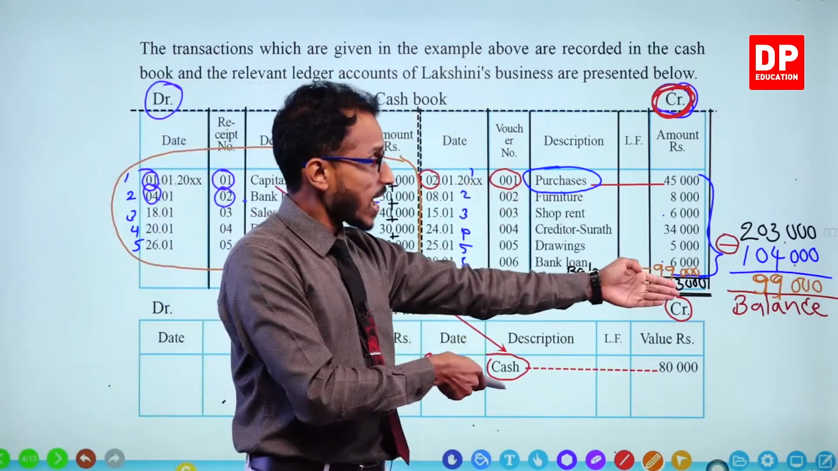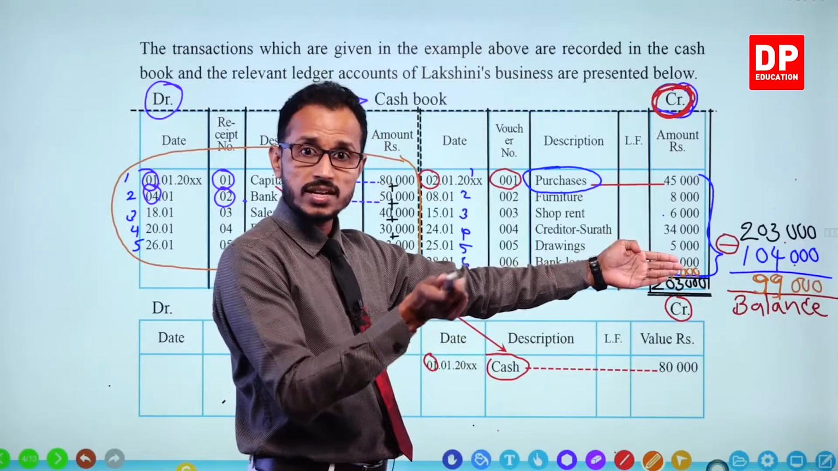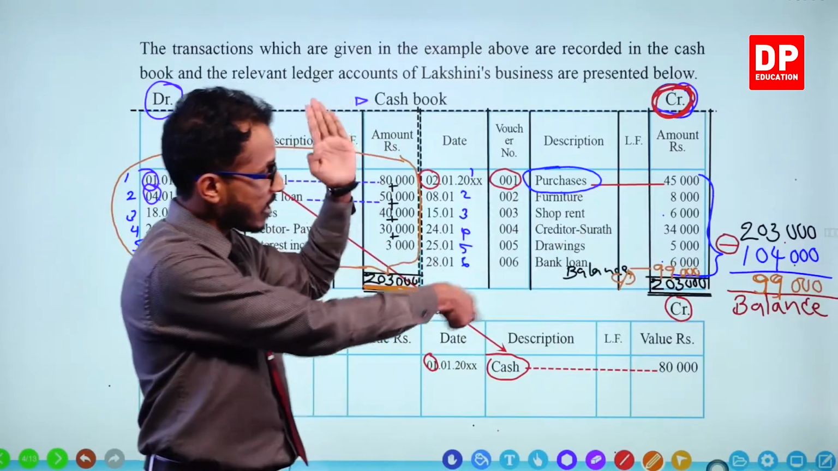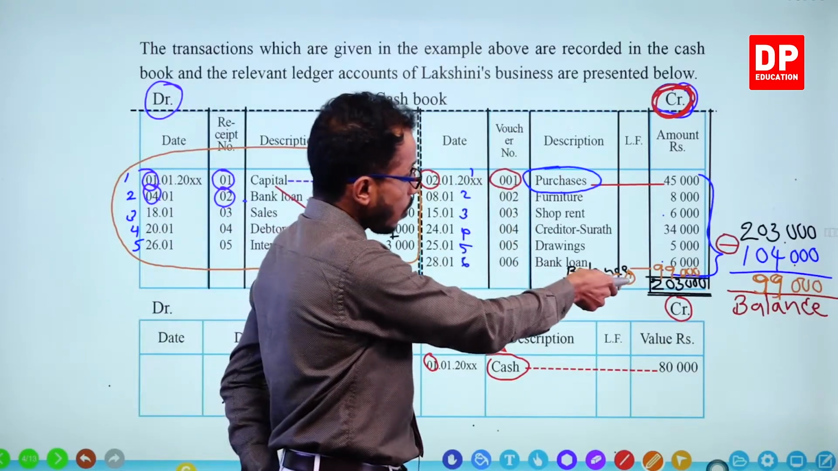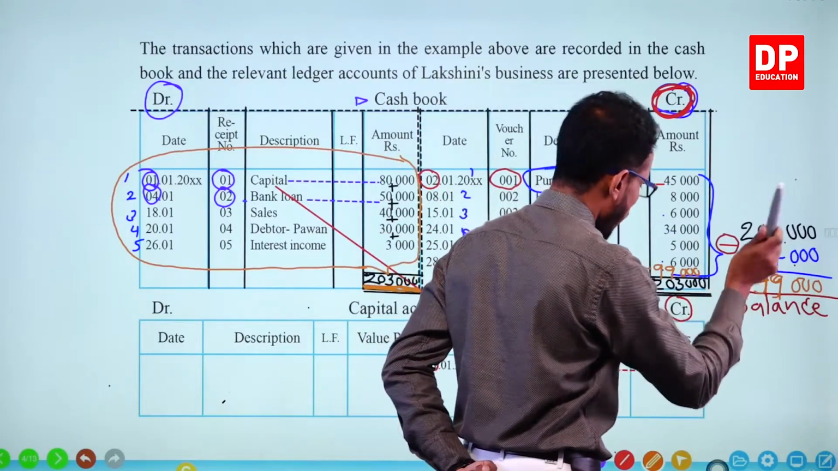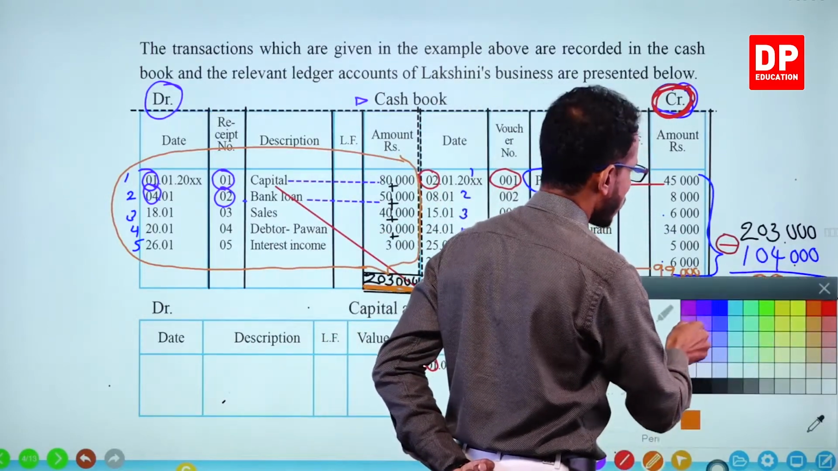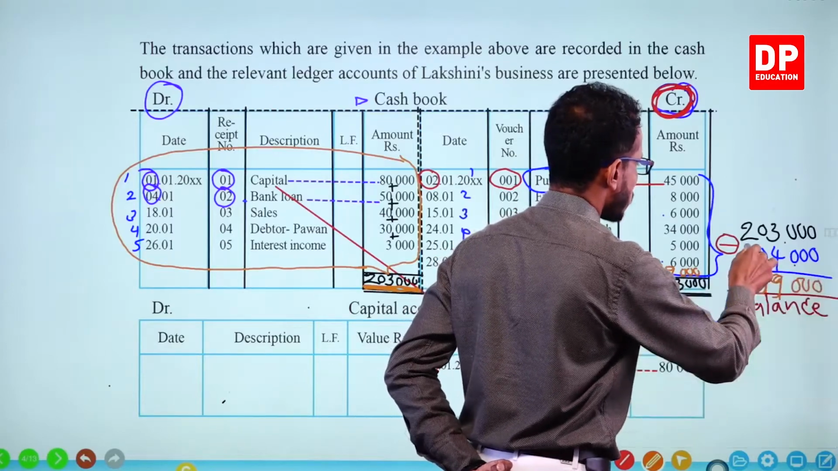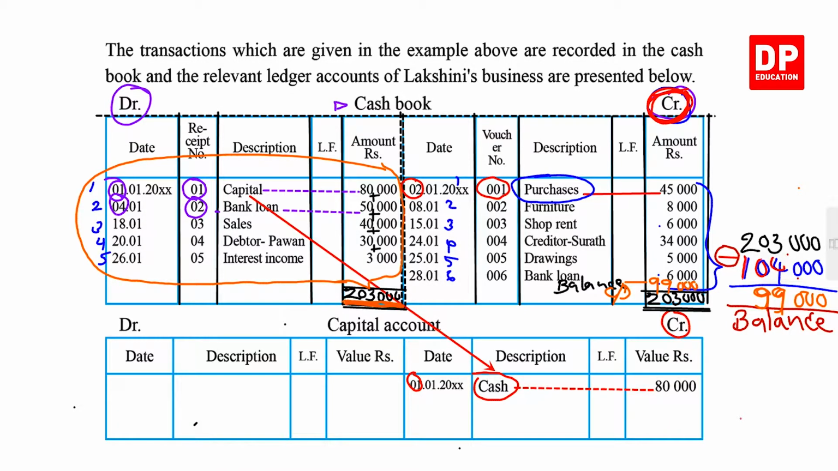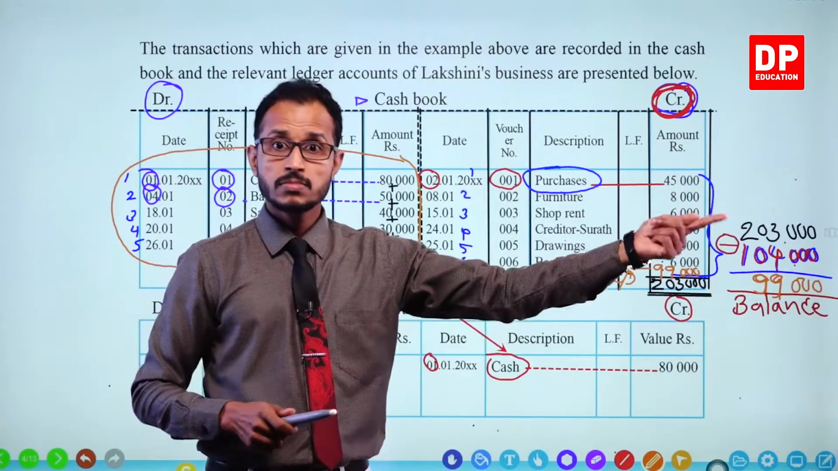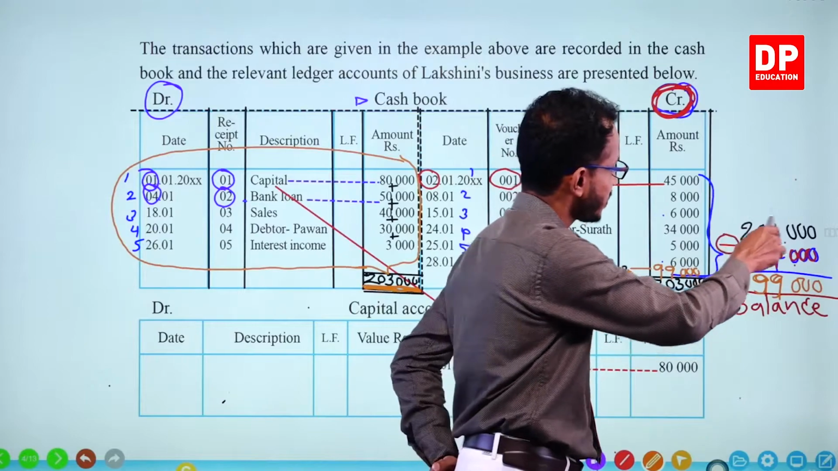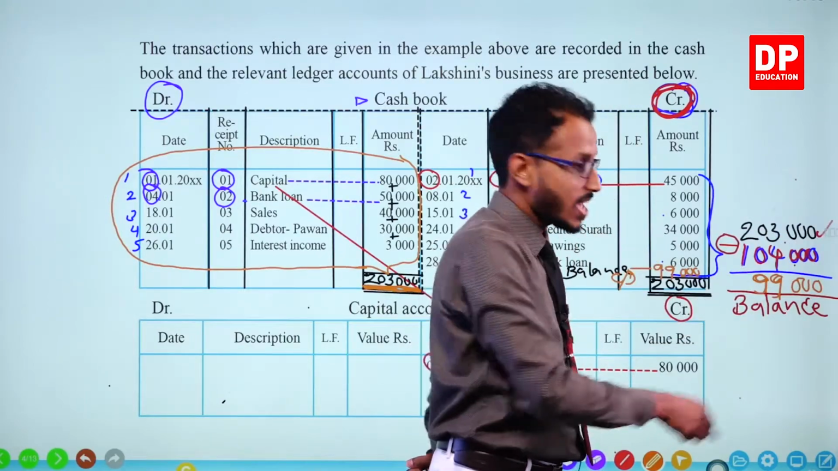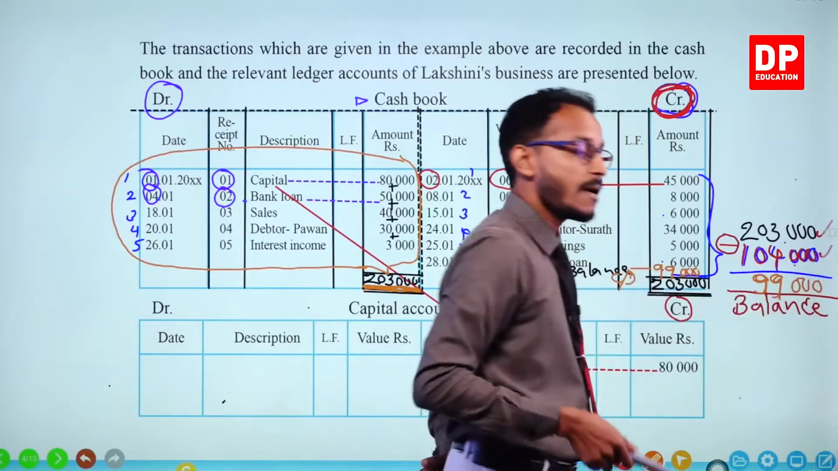Credit side, children, is for cash payments. On the credit side we have the cash payments. And total 104,000 we have paid. Totally 104,000 rupees we have paid. Paid out. Cash gone. So, if we have received 203,000 and only 104,000 is paid out,